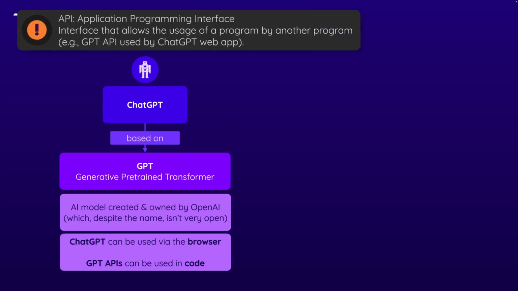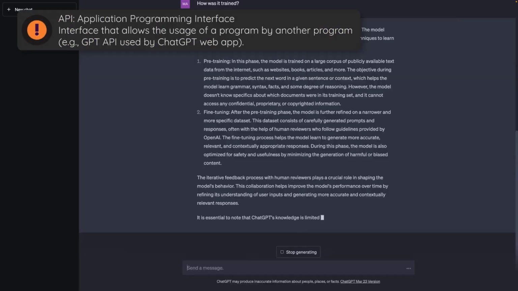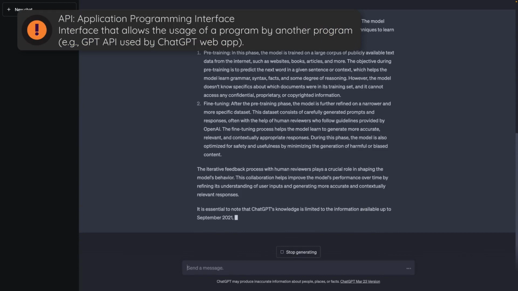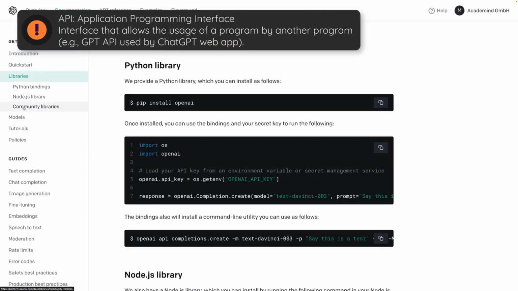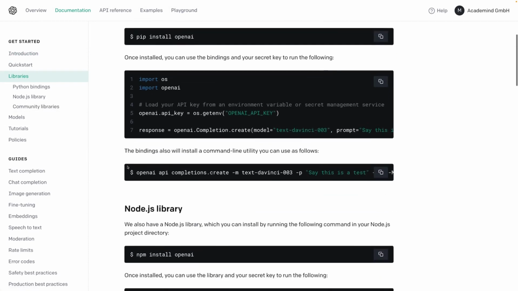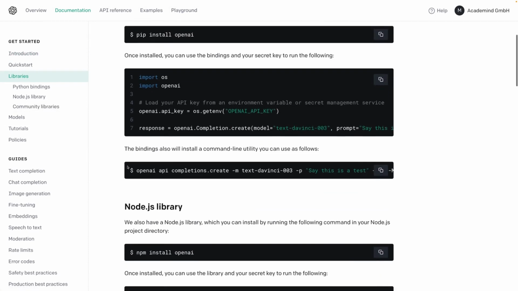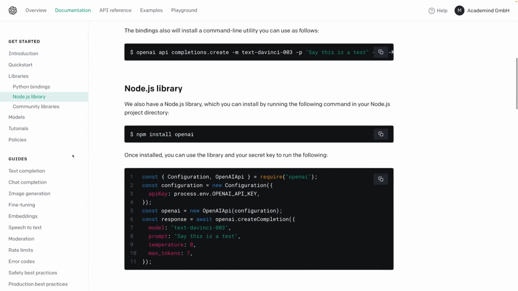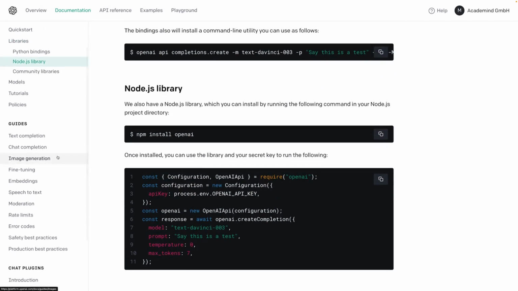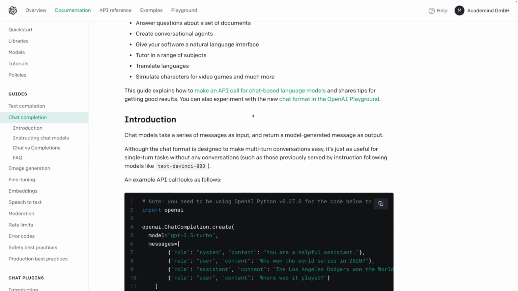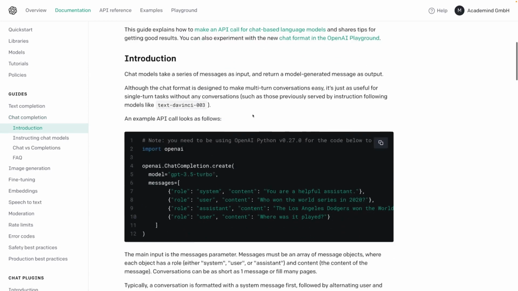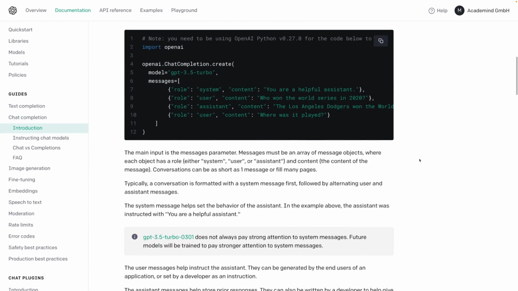So we have to differentiate between these two things, and it's also worth noting that these GPT APIs, these GPT tools, you could say, are not just used by ChatGPT, but instead can also be used by you. And indeed, later in this course, we'll have a whole section about how you can use these APIs. There are different APIs, as you will learn, including the API that's in the end being used by ChatGPT, in your own code to build your own programs that utilize these GPT APIs.